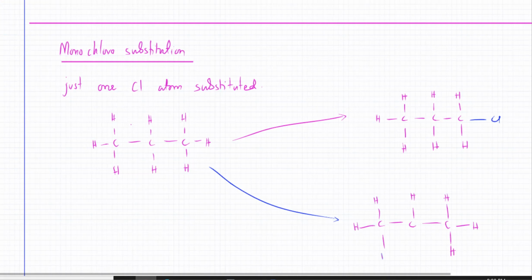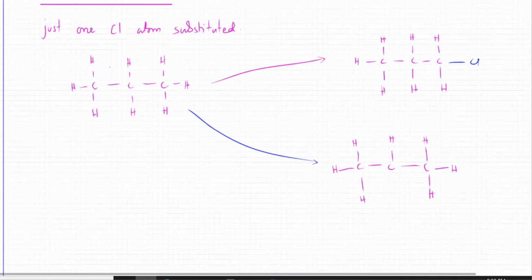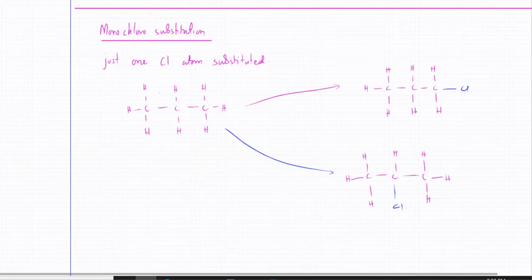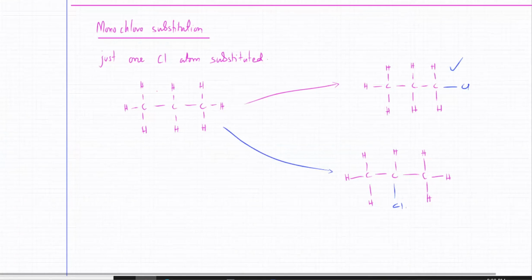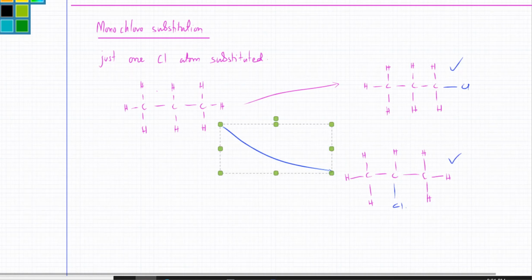So I'm just going to end it here. We're going to discuss this question in the next class. The question was, what is the probability of getting this one compared to this one? What's the relative probability? Out of 10, how many of these molecules would be produced and how many of this one would be produced if one chlorine is getting substituted? So you had to figure out what the probability was. I think we'll discuss this question in the next class. But try and revise this and make sure you understand this completely, okay? So let's continue next time.